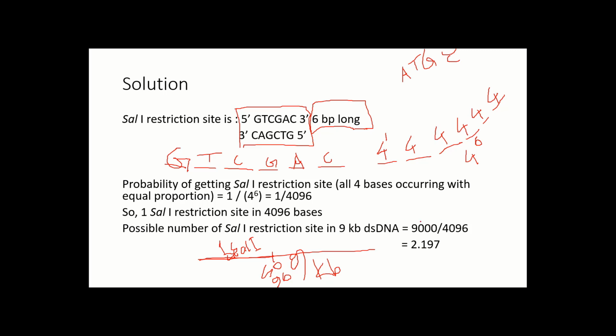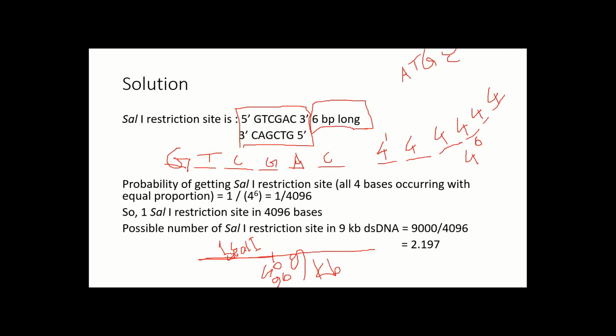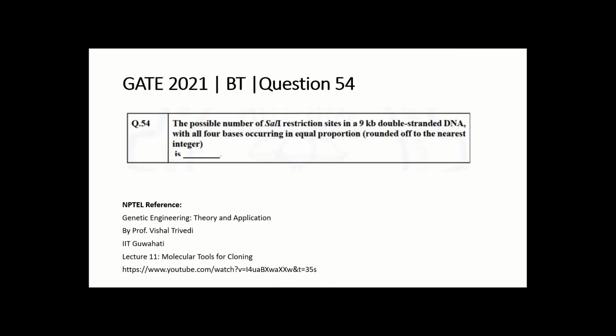So 9000 by 4096 comes to 2.197. In the question it has been asked to round off to the nearest integer. So the nearest integer is 2. So the answer is